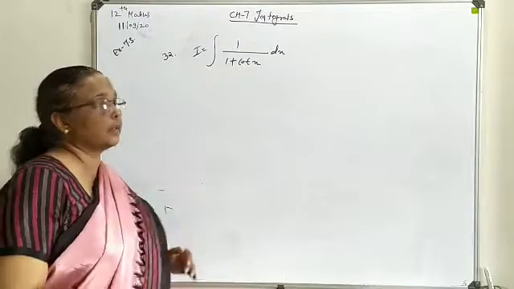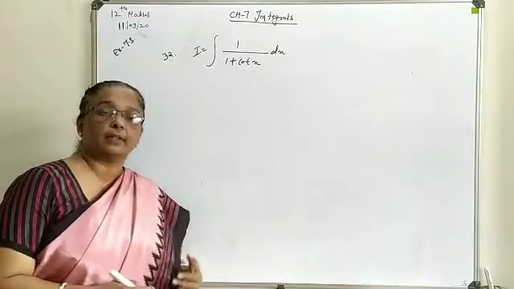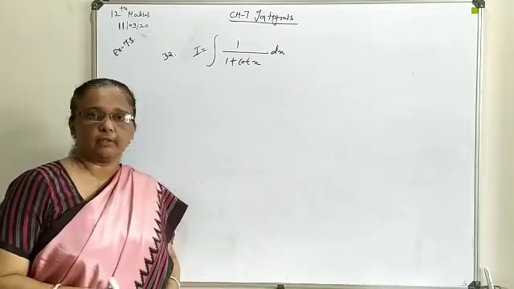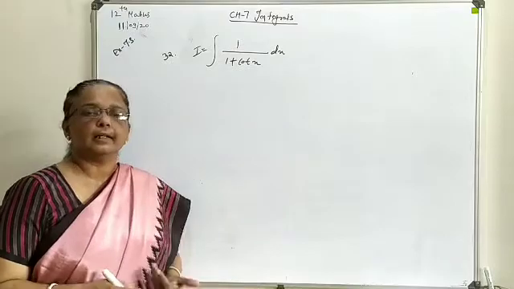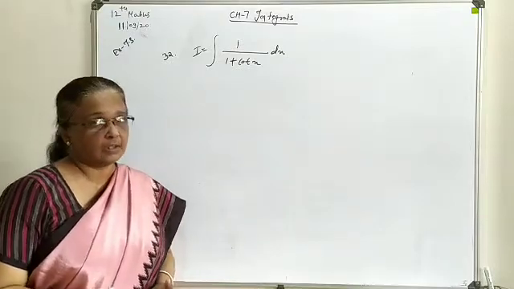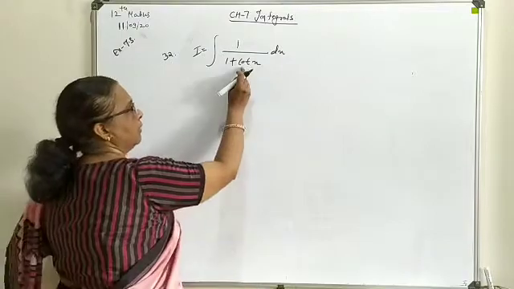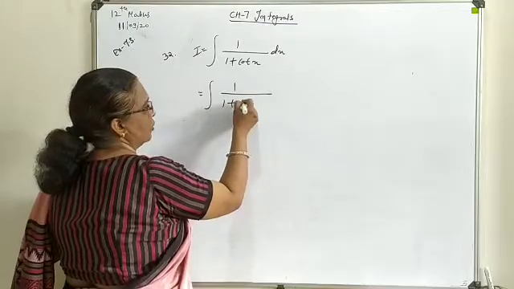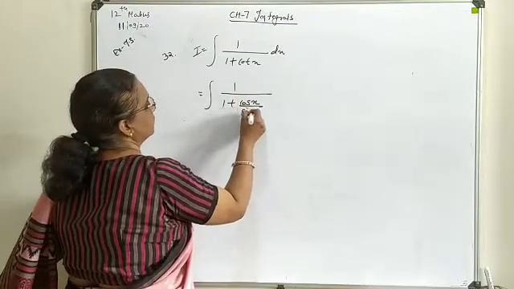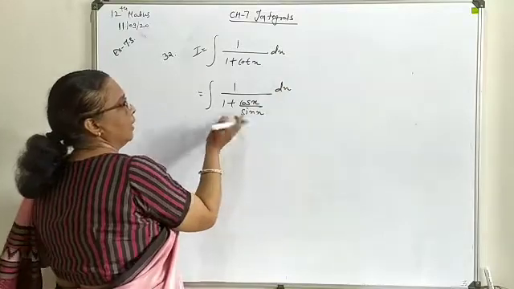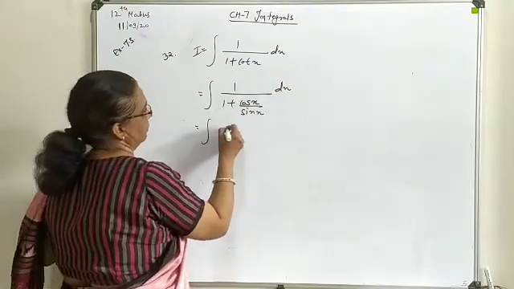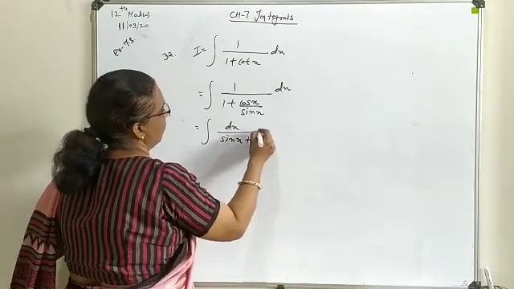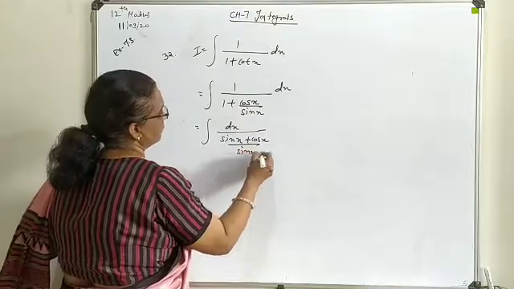Now here you can see none of the terms is available in such a way that we get direct differentiation on substitution in the first step. So here we have to turn the question in such a way that you can suppose something as a t function. So first of all, we will convert this cot in form of sin and cos. So this is cos x upon sin x. Take LCM. Sin x plus cos x whole upon sin x dx.